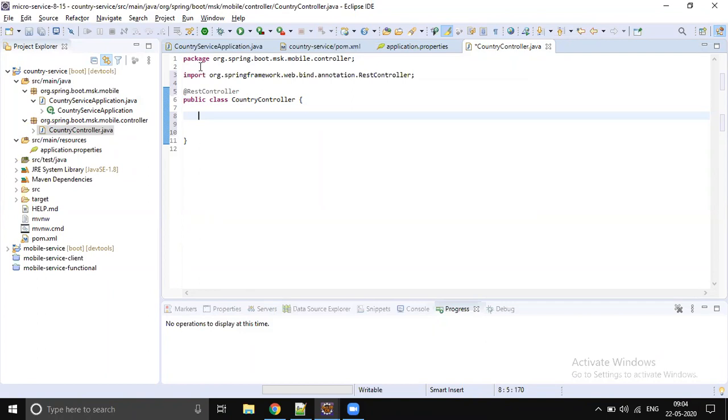Mostly we will be writing a method like public. We're going to return one model called Country.